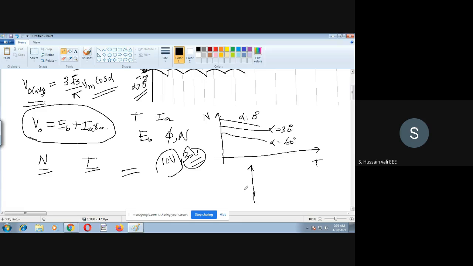Now if you draw Vo versus alpha, see for yourself. When alpha is equal to 0, you will have some value. When alpha is equal to 90, it becomes 0. When alpha is equal to 180, it becomes negative. Something like this you will get from this equation. Rather than depending on the equation I have written, go through the power electronics course once again. The derivation of the output voltage of the three phase full converter is better explained there. With this, the full converter is over.